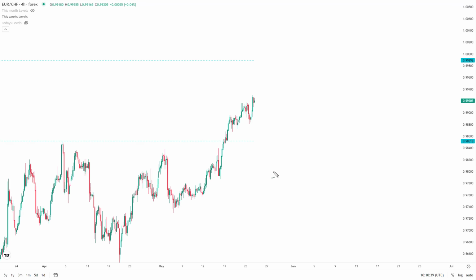Next is Euro franc. Now, I would prefer to short the Swiss franc versus the prior 3 currencies that we looked at, the prior 3 currency pairs. But I am still interested potentially in Euro franc to the upside next week, given the opportunity. Very much like Aussie franc, there's a very significant high over here, which has been broken. And if we pull back and we breach the 0.9851,